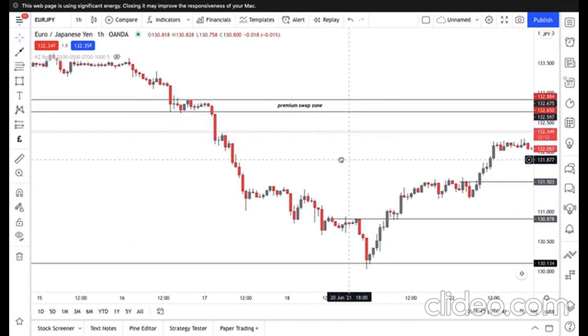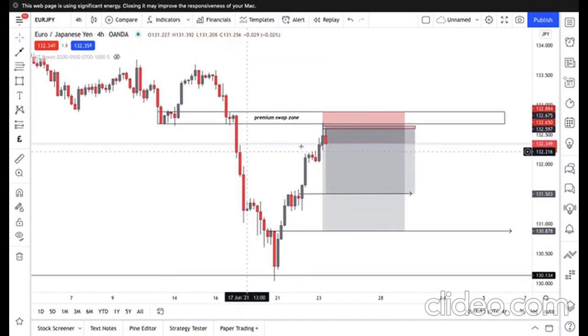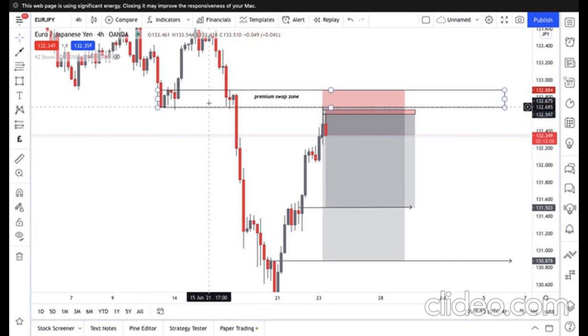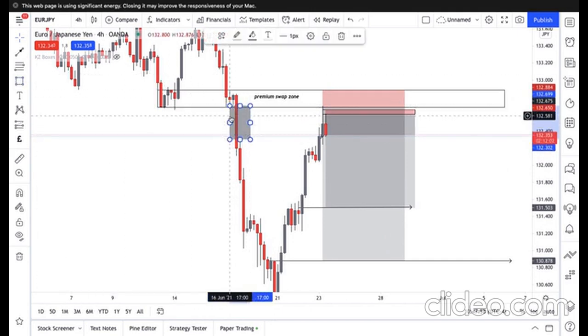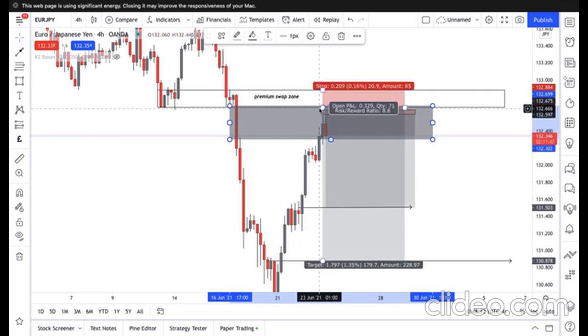Euro JPY. Perfect. I'm currently in this trade right now. Now look at this. This wick here and this wick there, they don't meet. What is that? Imbalance. So we now know price will pull back to fill in that imbalance. And what do we have over here? An area of demand, area of supply. Price pulls back into that area of supply, fills in that imbalance, and then continues the move over to the